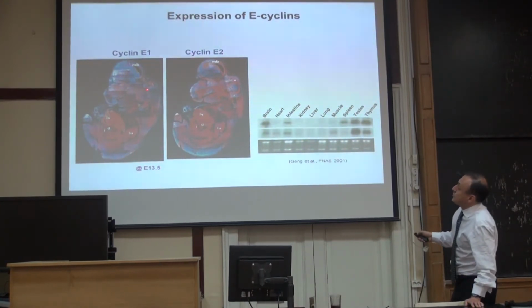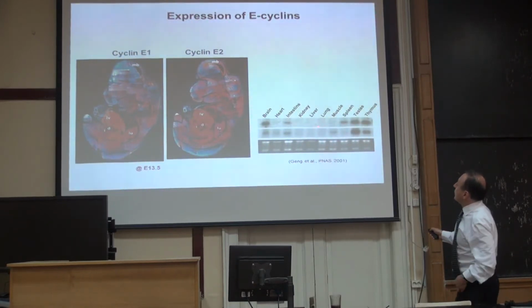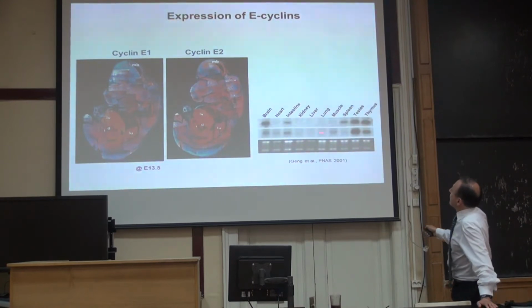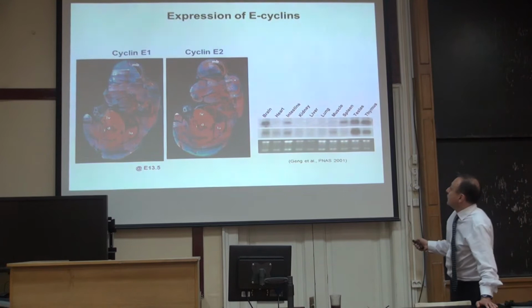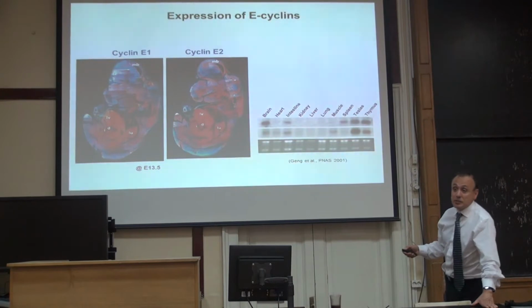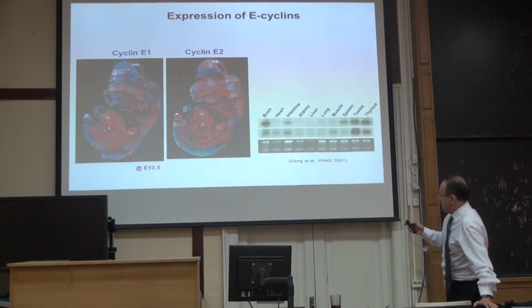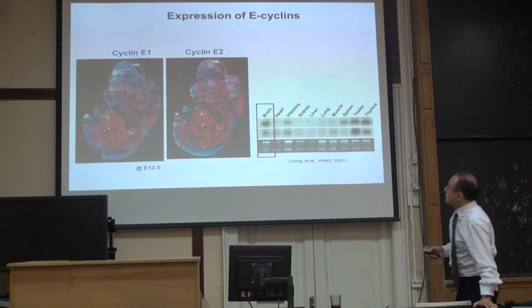And this is in situ hybridization, where we take embryos and stain them for cyclin E1 and E2. The red is positive, and you can see that all proliferating cells express cyclin E1 and cyclin E2. And this is a northern blot, cyclin E1 and cyclin E2 from adult organs. If you take lung or liver or kidney, which don't contain proliferating cells, there is no cyclin E1 or cyclin E2. When you take testes, where there are proliferating cells, or thymus, there is a high level of cyclin E1 and cyclin E2. So this is consistent with the fact that cyclin E is a component of the cell cycle machinery. But